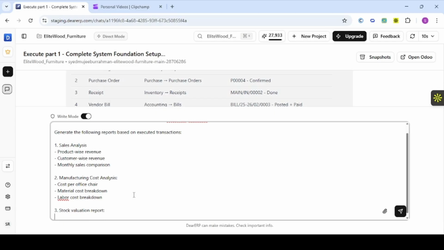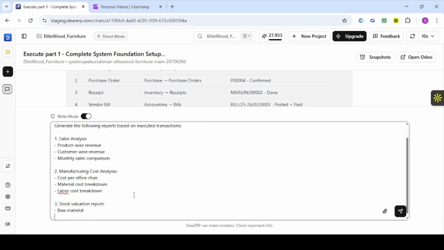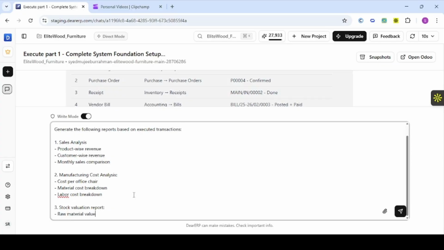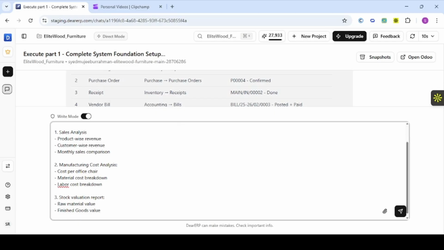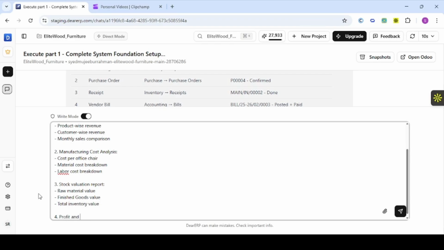In this: raw material value, finished goods value, and total inventory value. Nice. And then the fourth requirement is the profit and loss statement,